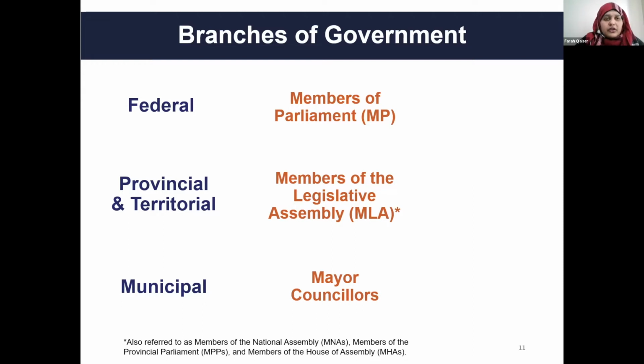So provincial and territorial and federal, you've seen a lot of collaborations happening, especially in the past year when it comes to coordinating different aspects of vaccine logistics or vaccine delivery. Natural resources, another one that's shared. And the environment too, as you can see with the carbon tax and different aspects of the climate emergency. So even though these branches of government are very separate, there's still a lot of collaboration happening.